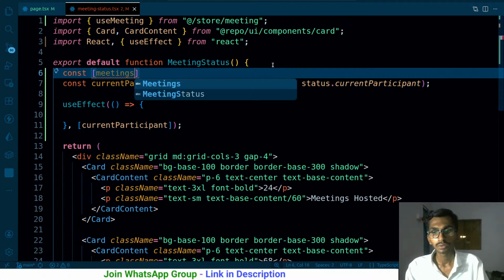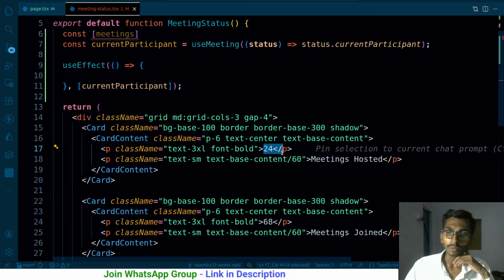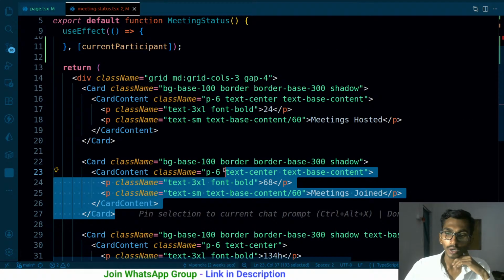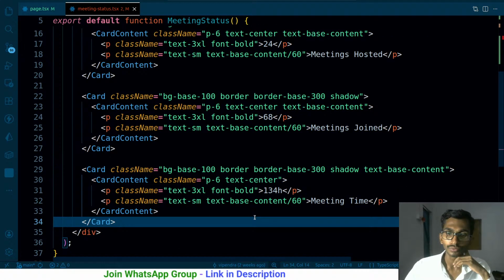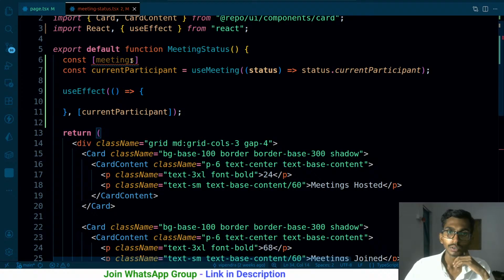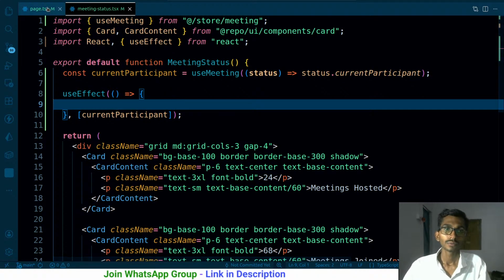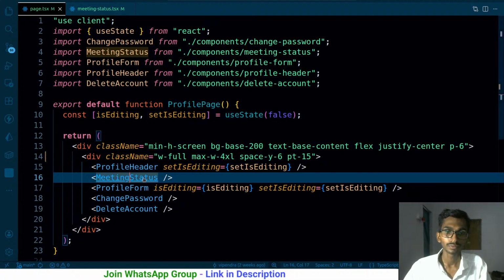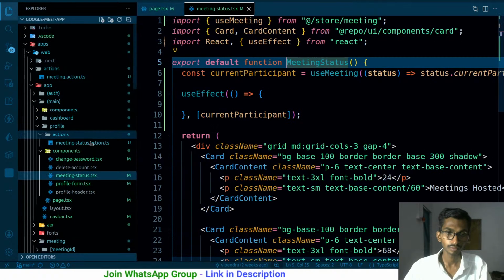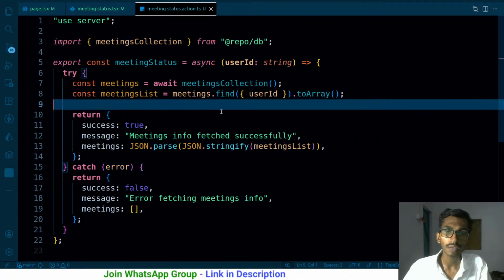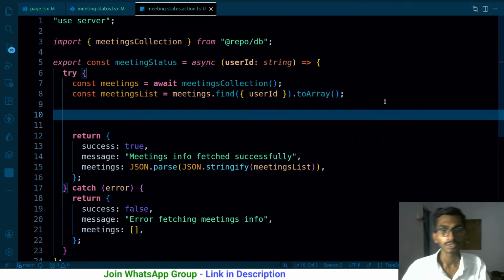And this is not going to be good, because at the end of the day, I want the time, I want the join meeting, I want this. So first of all, let me cut it from here, from the page. The action that I created over here, I will be calculating everything there, and then I'm going to return. So I already have the meeting list over here. Once I have the meeting list,